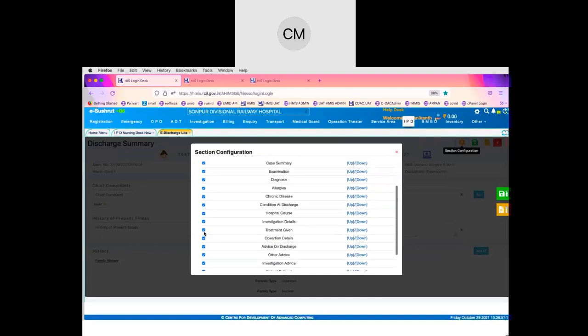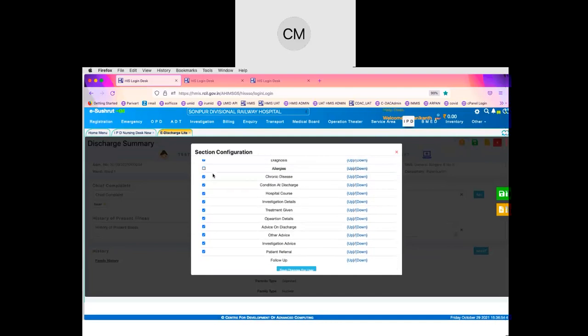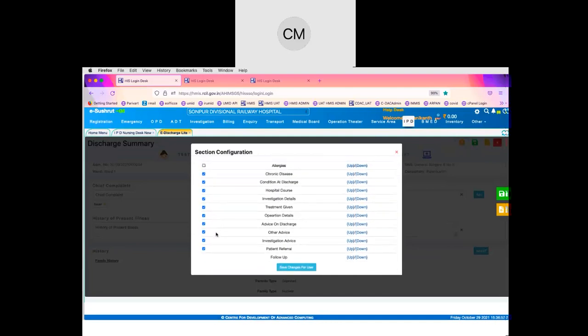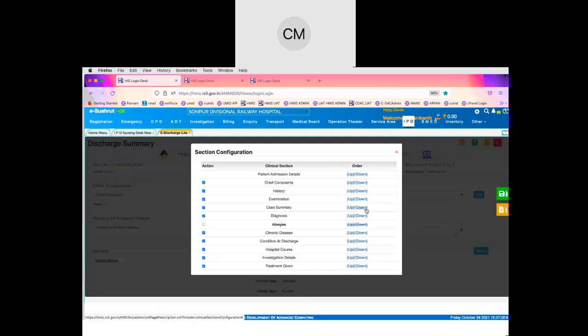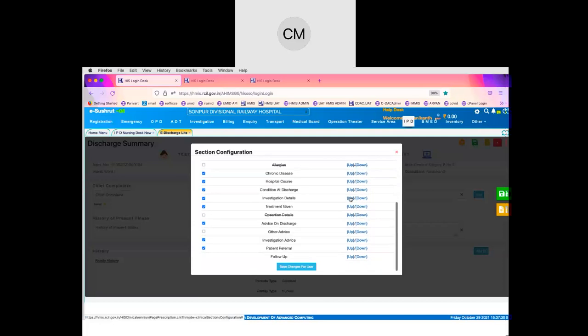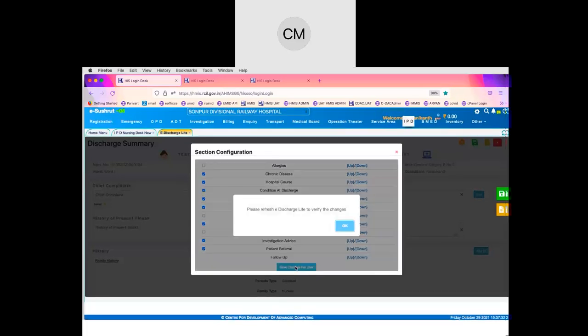If you think some of the aspects can be ignored in the discharge summary, because normally all the details are not included in the discharge summary, you can untick them and include very lean information, because this is a case sheet. All the information will be available in the EMR, but the patient will not have access. But what you include in the discharge summary will be available for the patient to see and download. We can also change the sequence of the discharge summary. We can bring some aspects to the top, some to the bottom. Accordingly, we can keep only the required fields in the discharge summary.